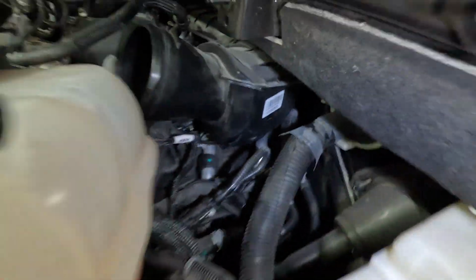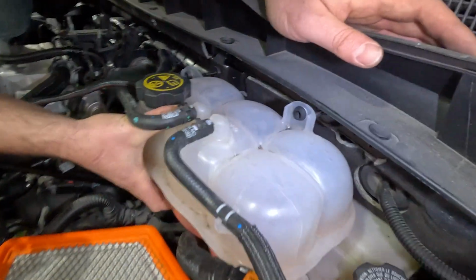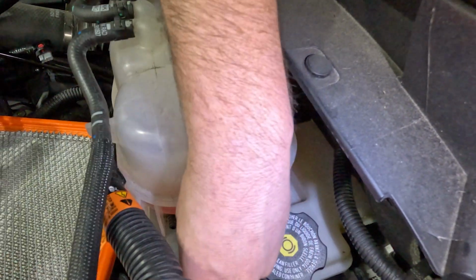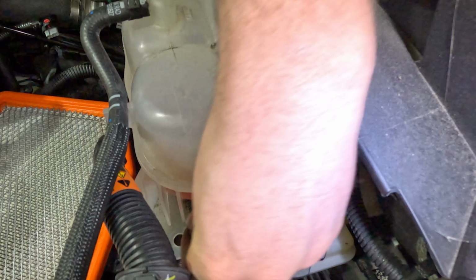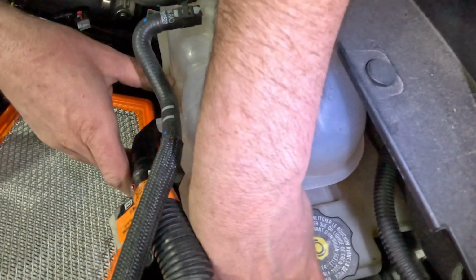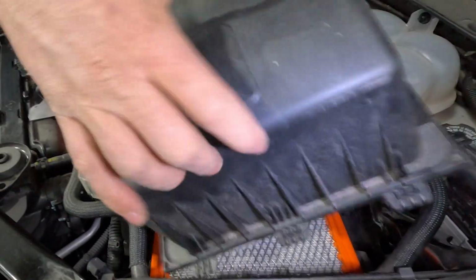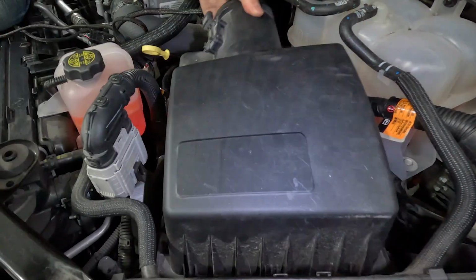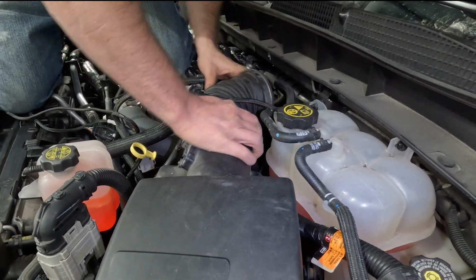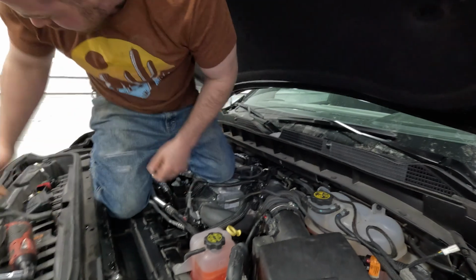All right, now you just put everything back together. Should be just a matter of putting this coolant reservoir on, slide it on those bolts. You get the 10mm goes back in. Once you get everything installed, you're gonna want to take the module, and